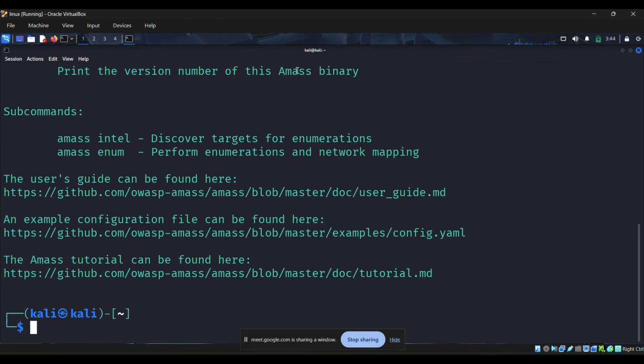Are you guys performing it with me? Yes, ma'am. Okay, so just type amass enum -passive,